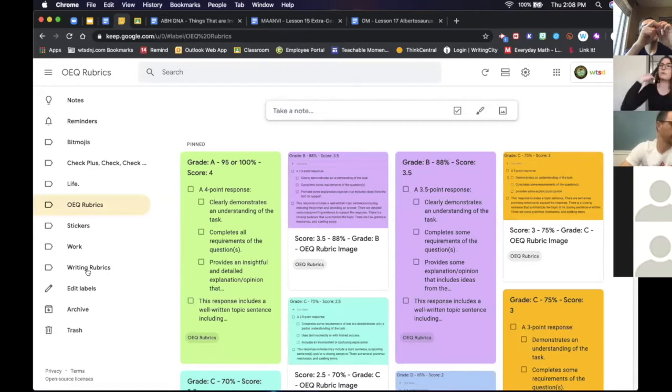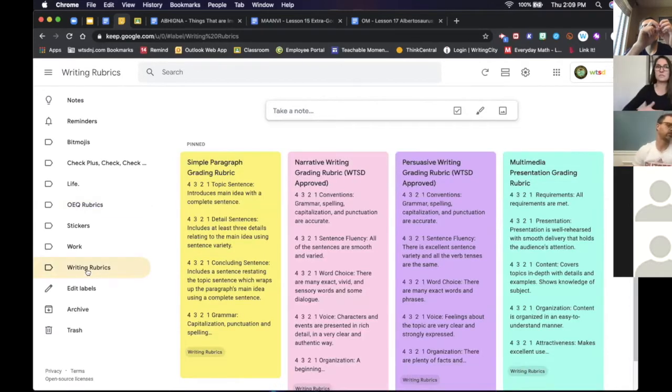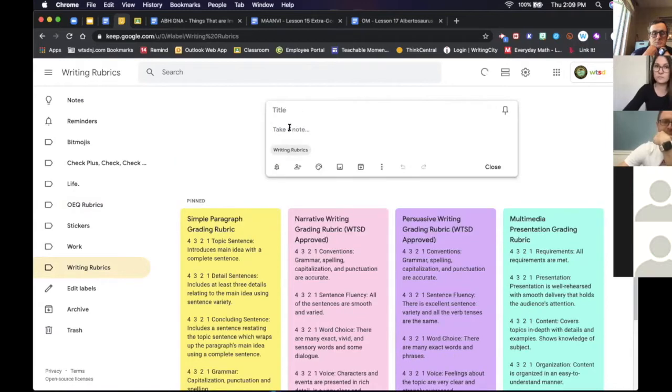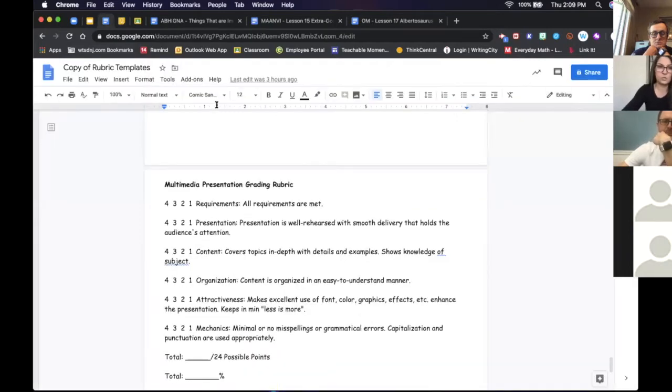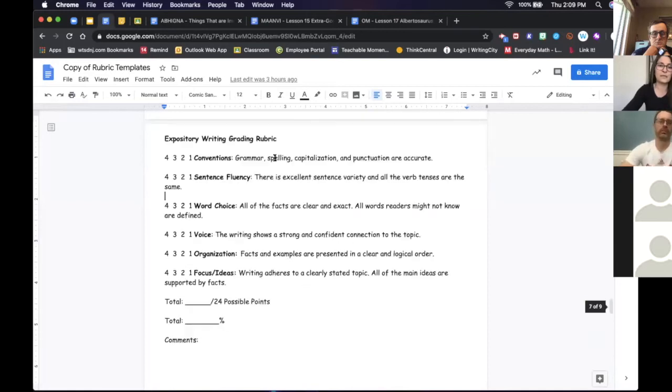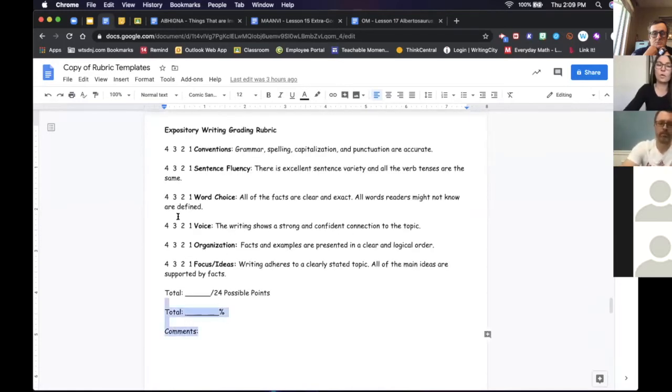The first thing I'm going to do is pretend my students just finished an expository writing piece, and I'm going to go through and give them some feedback on that. So the first thing I need to do is create the writing rubric for them in a Google Keep note. The way I'm going to do that, and again, you have the crash course available to you in the screencast on one of my first slides, is you're going to come back, and this only has to be done once. You can come to this template,